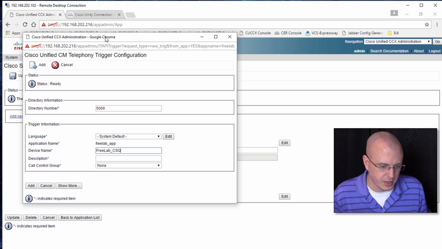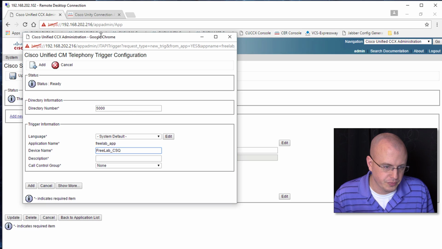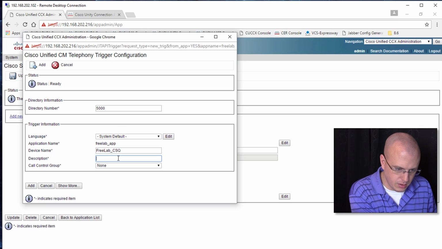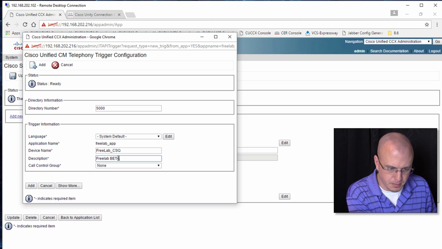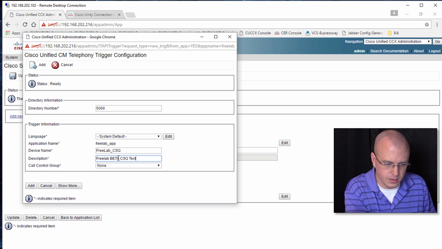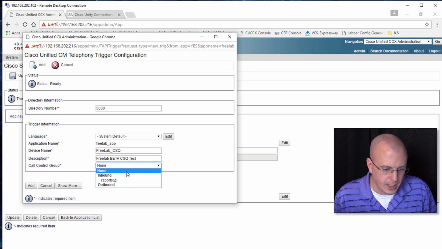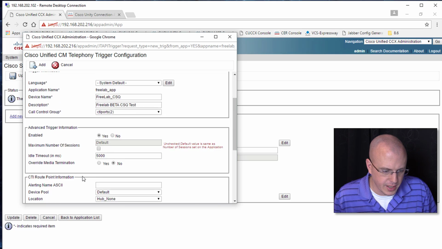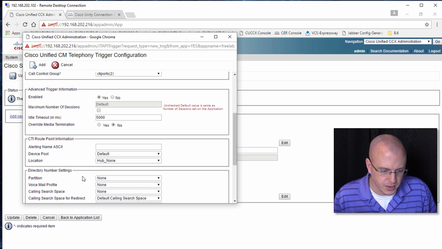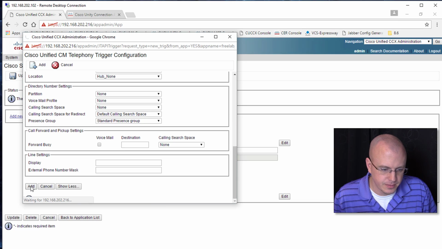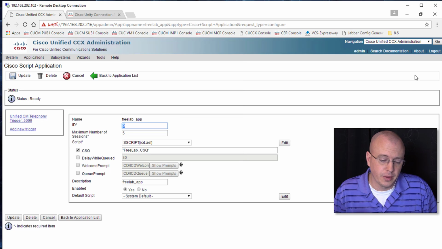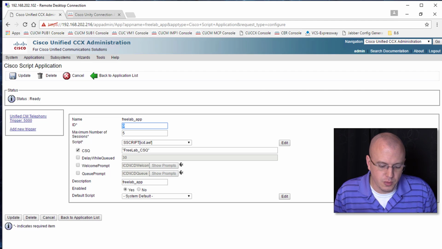And the device name, we can just give it the same that we gave the app name, so the Freelab CSQ. Freelab beta CSQ test. And for the inbound call control group, we're going to select the CTI ports that we created. You can do show more to add additional options. I haven't really played around with these too much. So we'll just hit add. And now at this point, UCCX should be able to handle inbound calls, but there's a few more housekeeping items